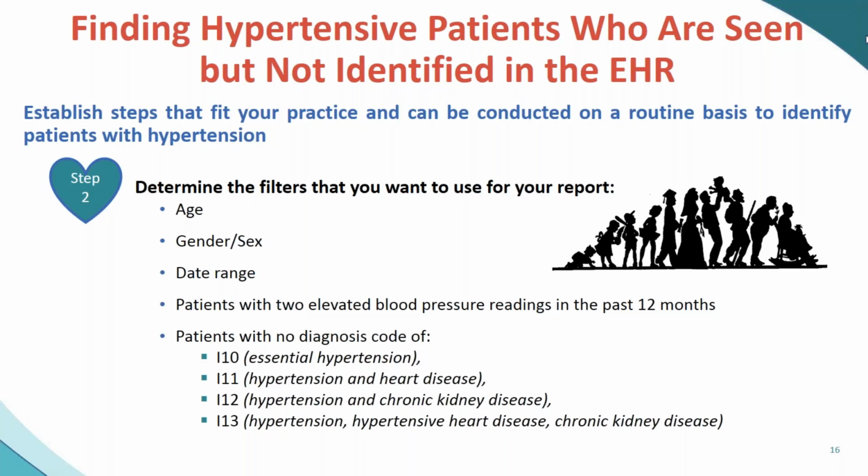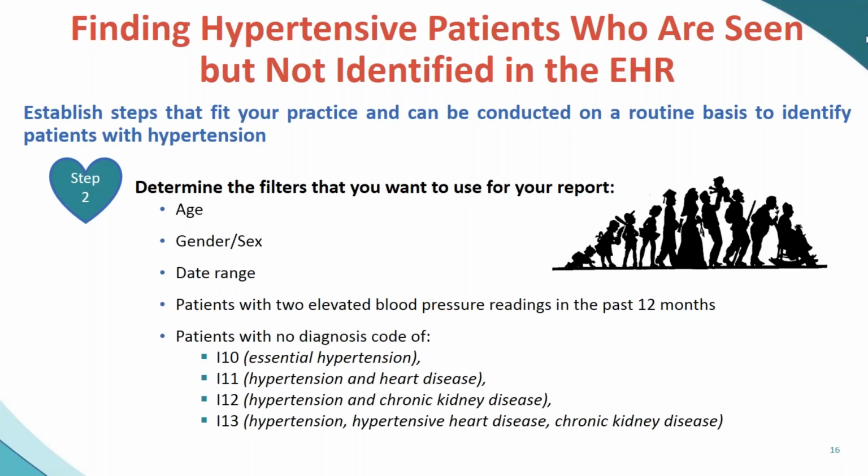Technically, to diagnose a patient as hypertensive, you want a patient with 2 elevated blood pressure readings within the past 12 months. But as we mentioned, it may be more beneficial for you to look longer ago than 12 months, because they may have a history that you want to be following, get them back in and check for another elevated blood pressure reading before you code them for it. But if you do have 2 elevated blood pressure readings within the past 12 months, technically you should be changing